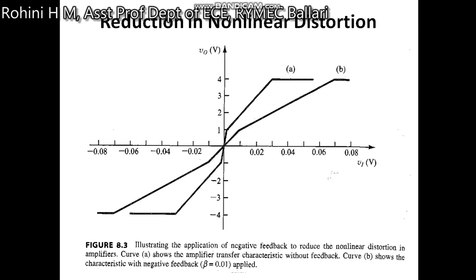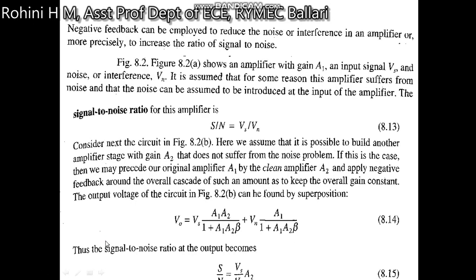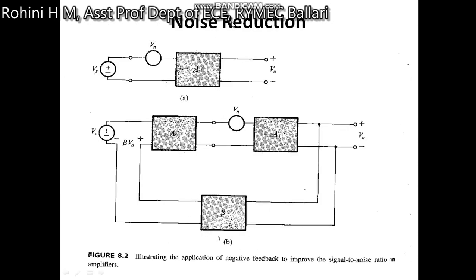The noise output will be reduced when you compare with the previous expression. So the signal is multiplied by the gain. Okay, that is, the signal numerator term is more than the denominator. Why? Because we are multiplying with another block of the clean amplifier. Okay, so that's why we are getting this. So our aim is achieved, that is our noise is reduced by introducing this pre-amplifier in the circuit.